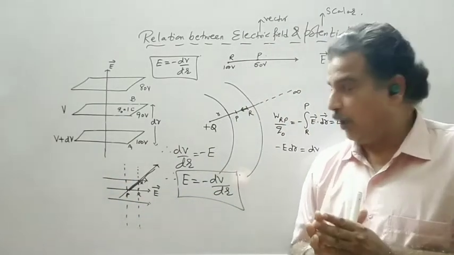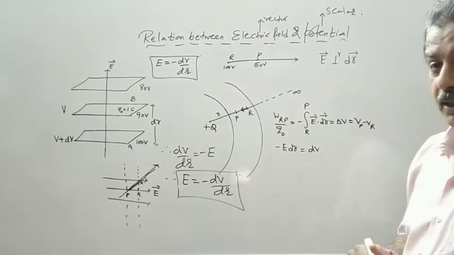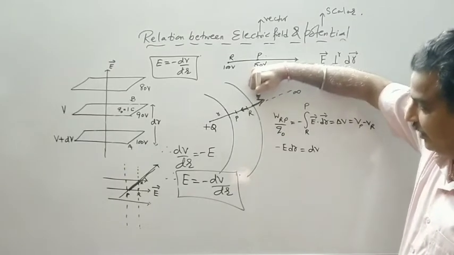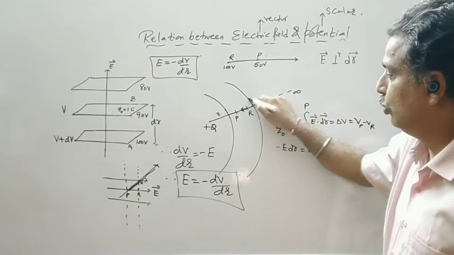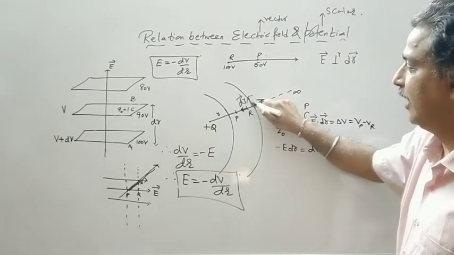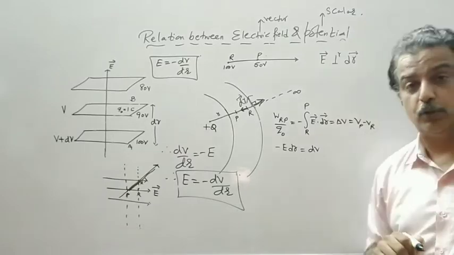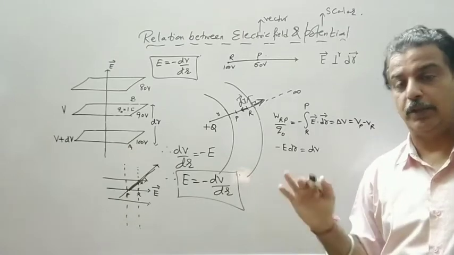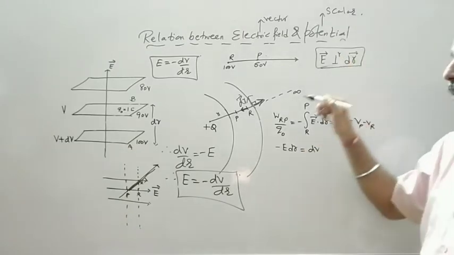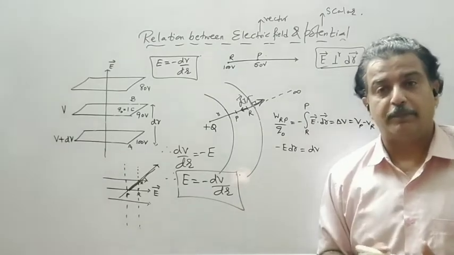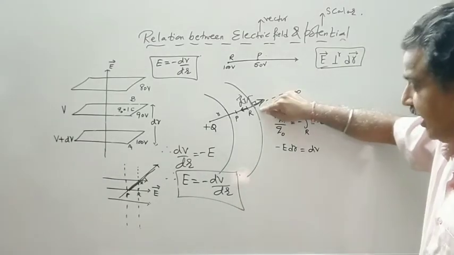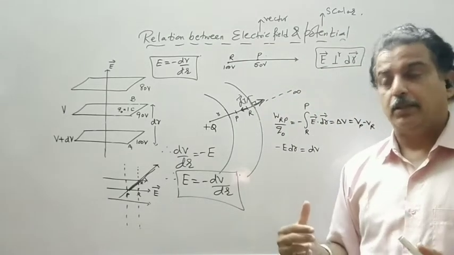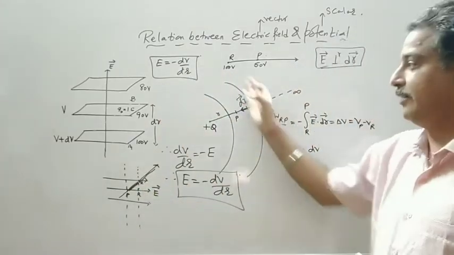And if you move perpendicular, suppose I move perpendicular to the field. Now what will happen? This is the direction of the field, radially outward. Now if I move dr, this angle comes out to be 90, and E is perpendicular to the equipotential surface. You have to remember, E is not perpendicular to dr, but E is always perpendicular to the equipotential surface. If I take this case, theta comes out to be 90, so work done is 0. It means when you move on an equipotential surface, the work done is 0.